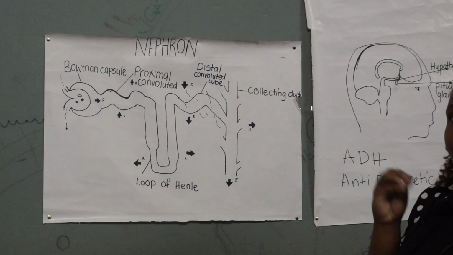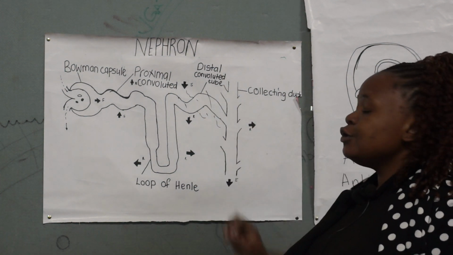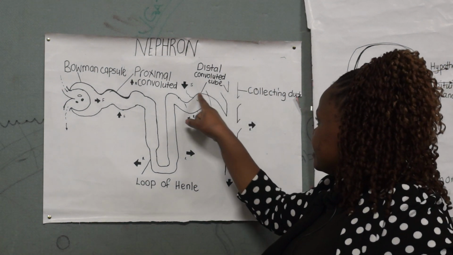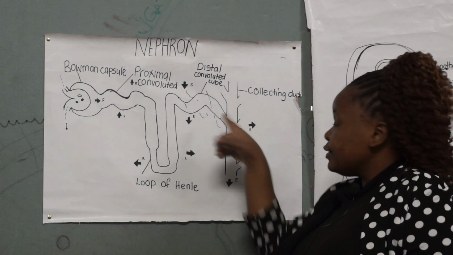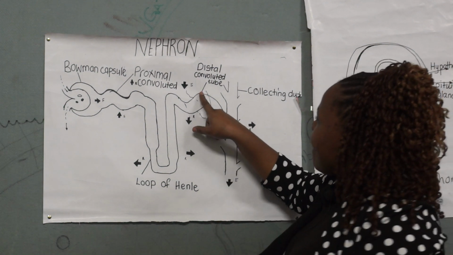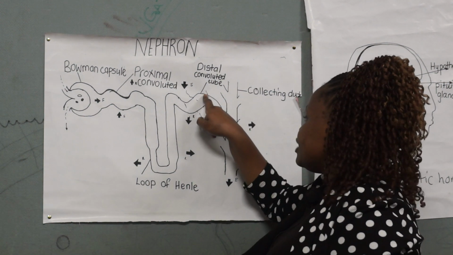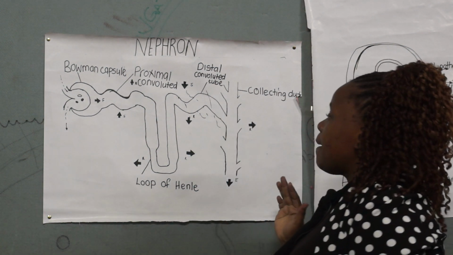So, if there is too little water, ADH will cause the distal convoluted tube to reabsorb more water, because the membrane is permeable. It allows water to pass through. So water will be reabsorbed by the distal convoluted tube,